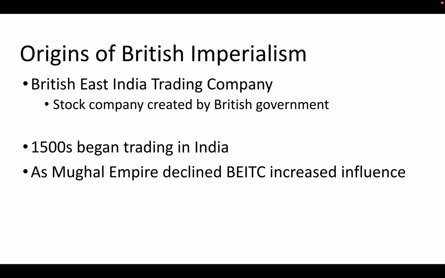It was a company created by the British government, so essentially the British East India Trading Company had a monopoly over business in India, because they dealt with the East Indies, the Asian part of the world, whereas the British West Indian Trading Company would have access to the Americas, right? So it was a stock company that was a monopoly that had complete control over what was happening in